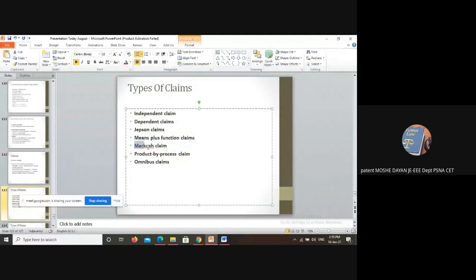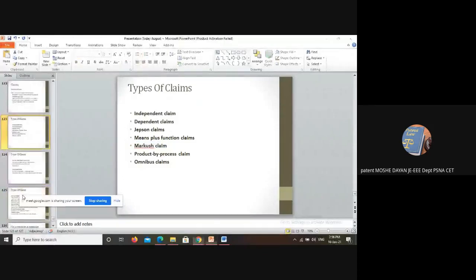What is a Markush claim? When you have a chemical composition, for chemical compositions you have to write with the Markush claim. What is called product by process claim? When you have a product and a process of making that particular product, for those things you have to use the product by process claim. Omnibus: omni means whole. So you are claiming for the entire product, the entire invention, with the help of an omnibus claim. Okay, so these are the different types of claims that are available.